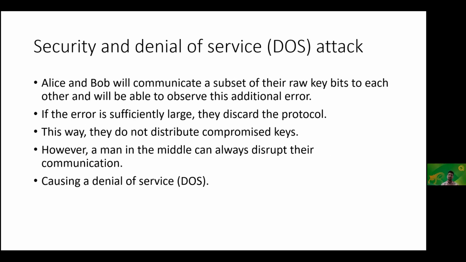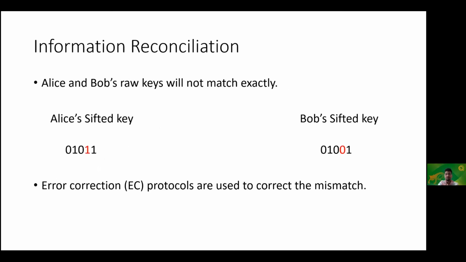Now, up to this point, we have seen how you perform the quantum step in your QKD protocol, and then you get the raw keys, which have 25% error. And then if you do the sifting, where you only keep the bits where you have the matching basis, you will potentially have 100% matching, because when you have chosen the correct basis, you should always get the correct outcome. However, there are always